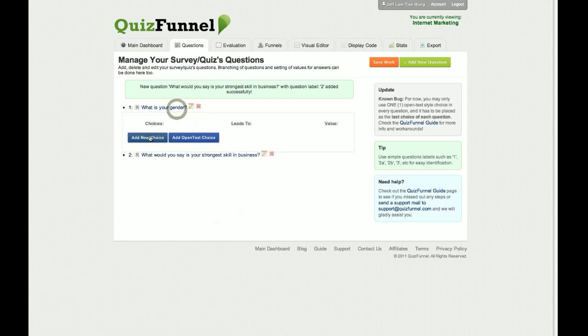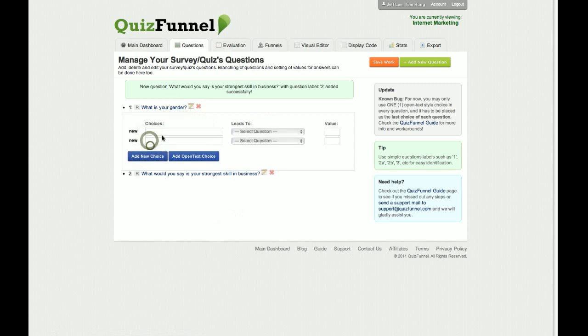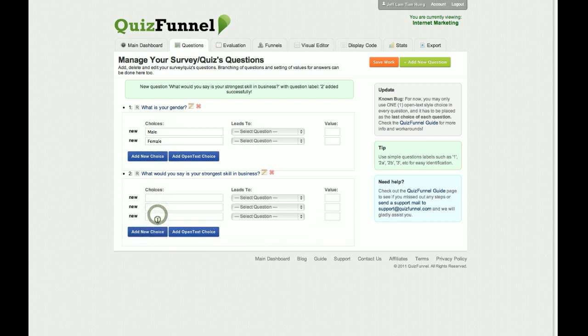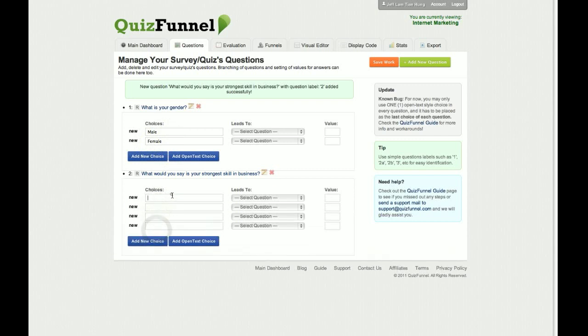As a case in point, I'm going to add the various choices. Notice that you can only be male or female. And for the second question, since it is asking for your strongest skill in business, there can only be one strongest skill. So it could be